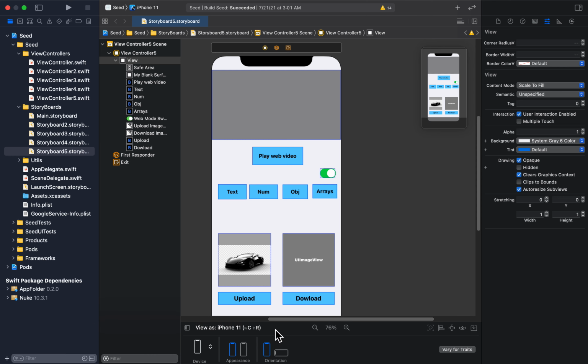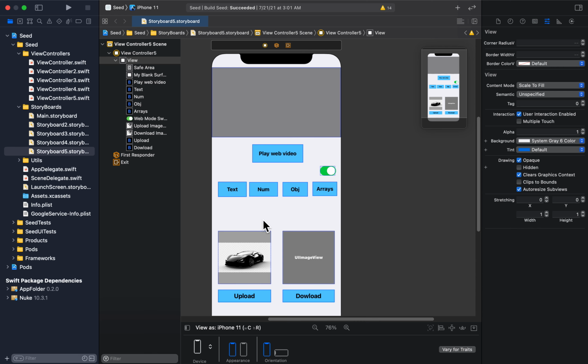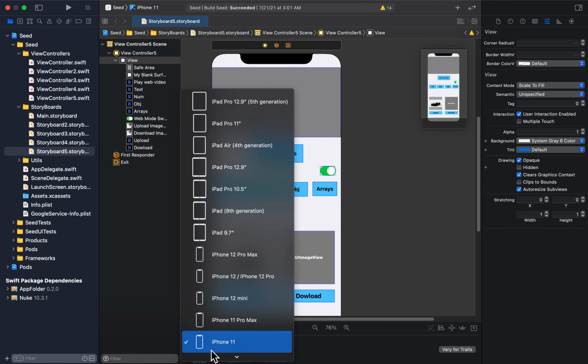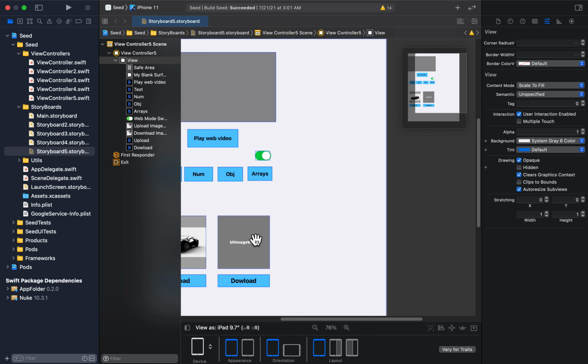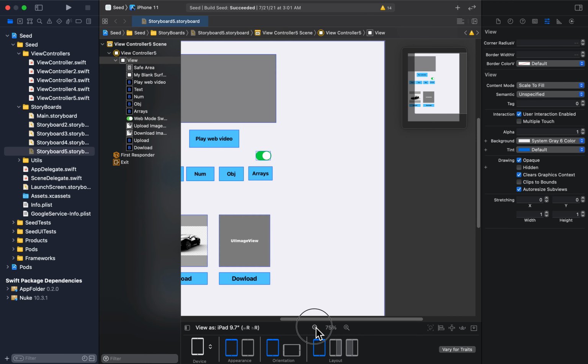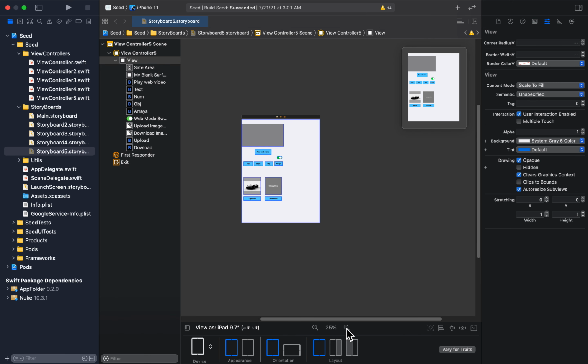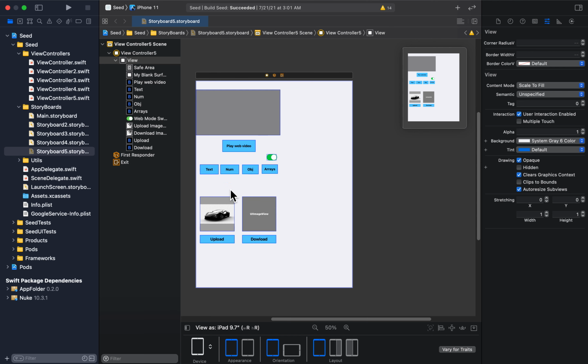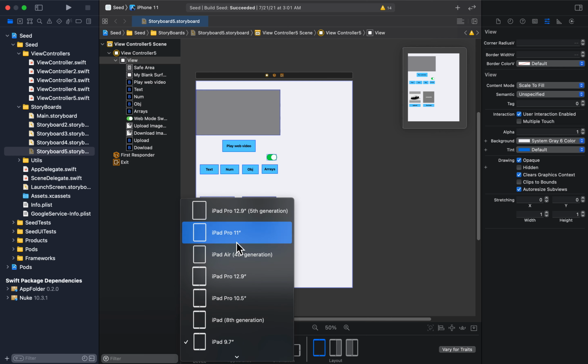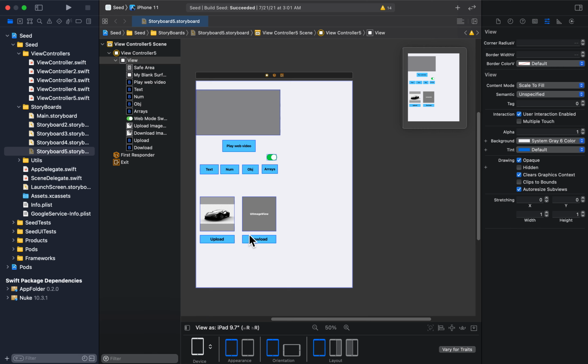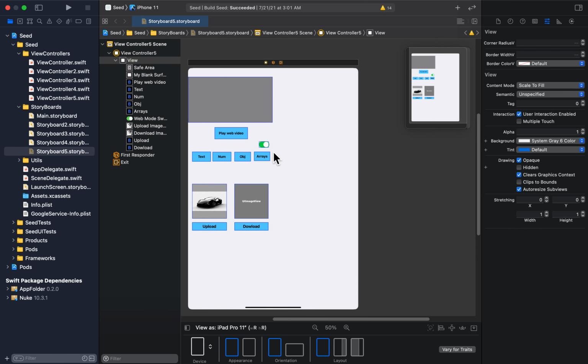For example, we created this screen by dragging and dropping. Watch what happens when I try to display this on, let's say, an iPad. Watch. Zoom this down. You see, this is the same screen on an iPad. You see, it doesn't scale. It's the same dimension it had on the phone. Let me pull up an even bigger iPad, the iPad 11. You see? So this is not